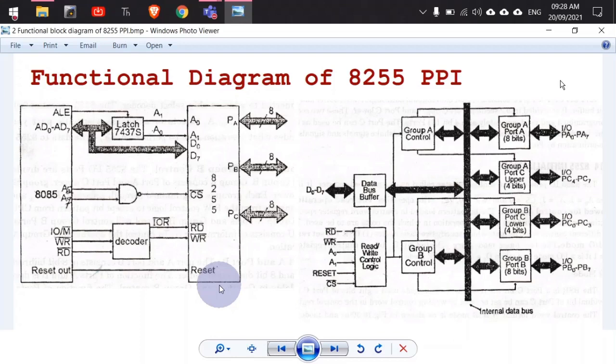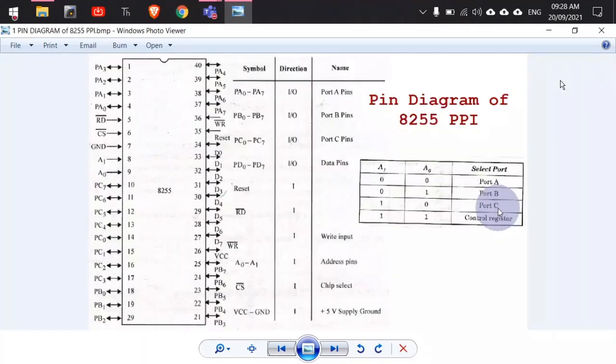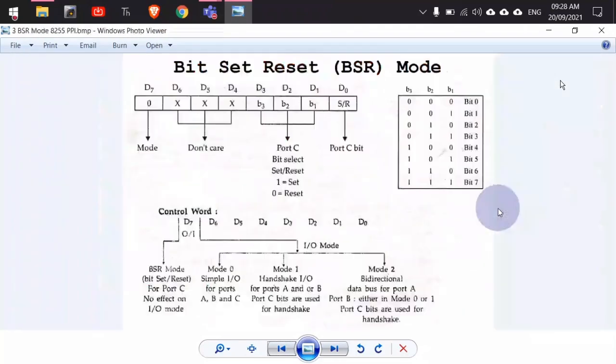So now let us come to how the data will be transferred. Suppose we have these 3 ports, and out of these 3 ports, we are only using port number C. Port number C has a special property. With port C, you can operate either bit by bit, I mean, you can change whatever bit you want to change from port C, or you can work in parallel also, right?